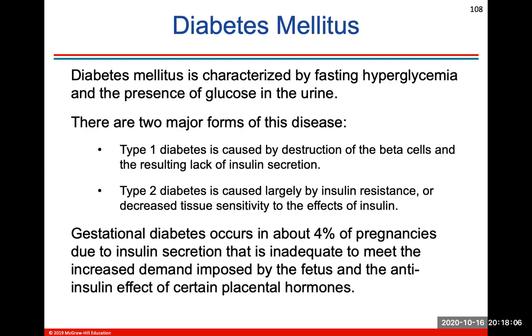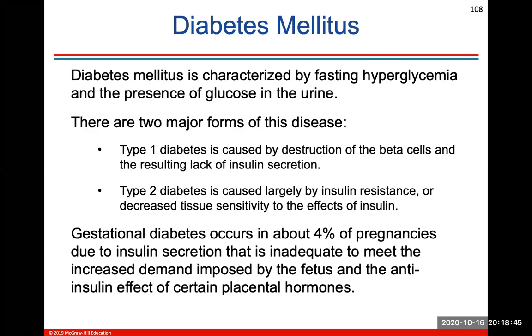Diabetes mellitus is characterized by hyperglycemia and the presence of glucose in the urine. There are two main types. Type 1 diabetes is caused by destruction of the beta cells, resulting in lack of insulin secretion. And type 2 diabetes is caused largely by insulin resistance or decreased tissue sensitivity to the effects of insulin. I do want you to know the differences between type 1 and type 2 diabetes. Gestational diabetes occurs in about 4% of pregnancies due to insulin secretion that's inadequate to meet the increased demand imposed